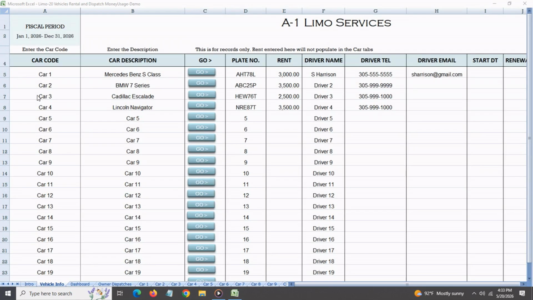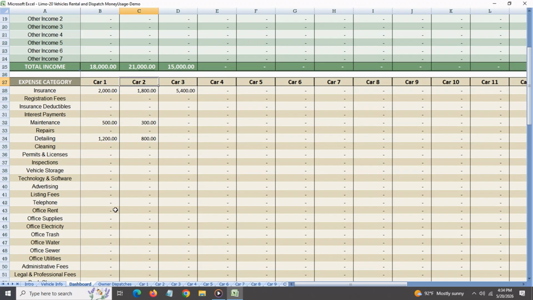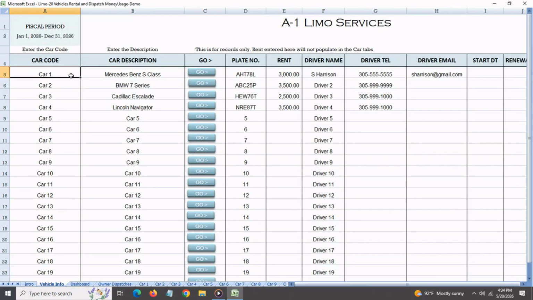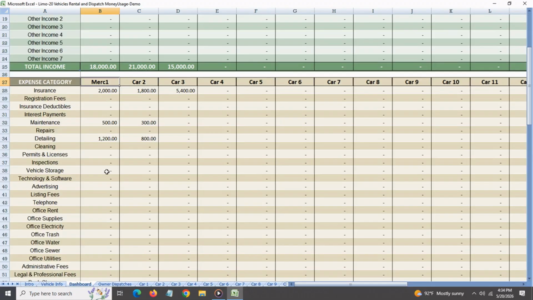Now we come to the vehicle info tab. Over here, the first column is where you enter your car codes. This is totally up to you, whatever names you want to enter. This is what will show up in the dashboard. For example, car 1, car 2. You can have any names here like Mercedes-Benz or the plate numbers. For example, I'm going to type in Merc 1 and you'll see this has changed to Merc 1 in the